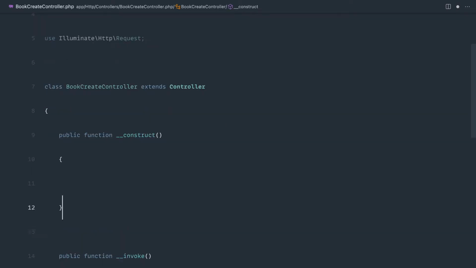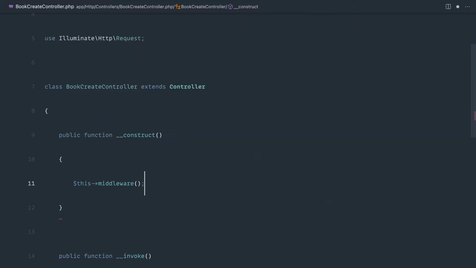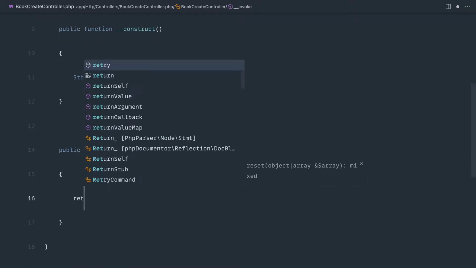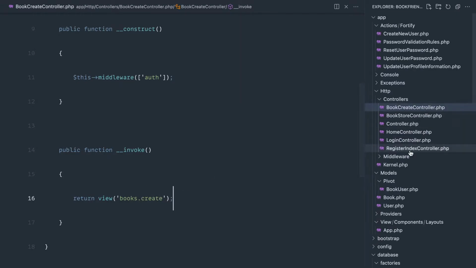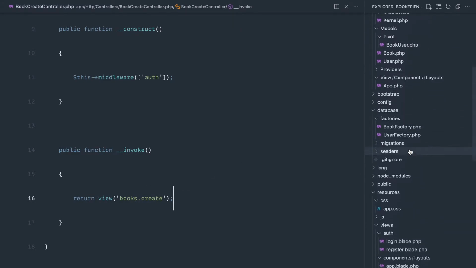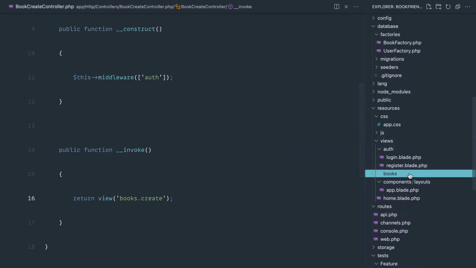We know that we need to be authenticated for this, so it's pretty straightforward. We'll just fill it in now, but we will add a test for it in a moment. Say auth. And for invoke, let's go ahead and return a view and really quickly create this out. So that's going to be books and create. So if we head over to our views really quickly, let's just create out a folder in here called books, and we'll create out